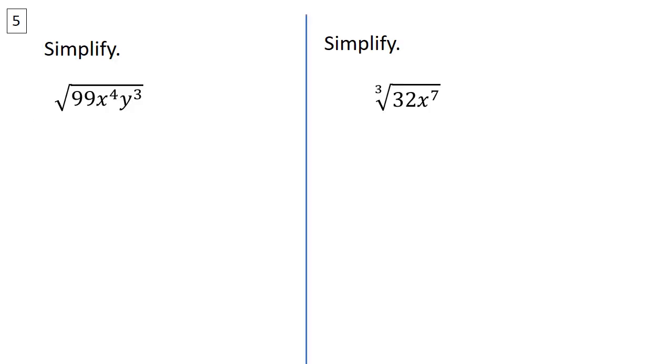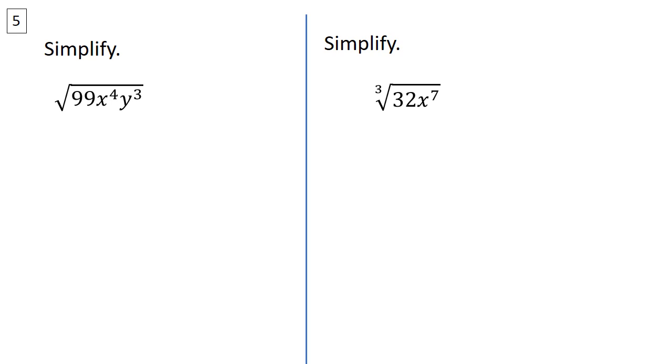All right, number 5 is asking us to simplify some radicals. Now, I've noticed some people working in class trying to change these to fraction exponents, which is not a bad instinct, but that's not what the directions simplify means. That's usually what it's going to say. It might even say write in simplest radical form. But both of those mean we're going to keep the radical in there,